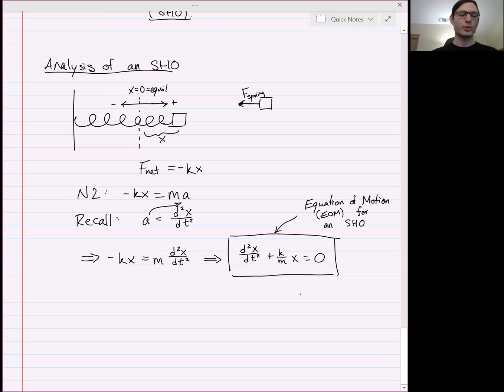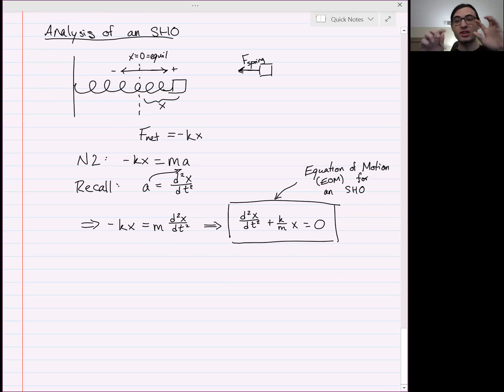So now the question is, how do we actually figure out what x is? This is a differential equation. You guys probably haven't taken differential equations. Fortunately, this is a really easy one that we can solve just by guessing. And we want to know how to solve this if we can figure out